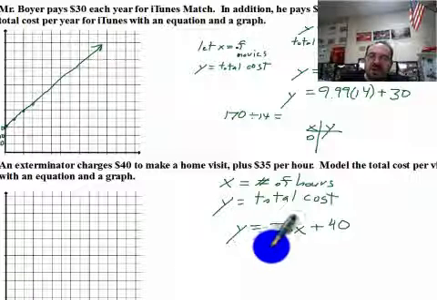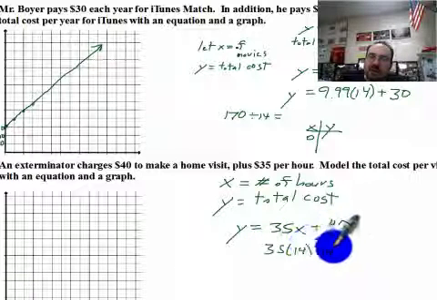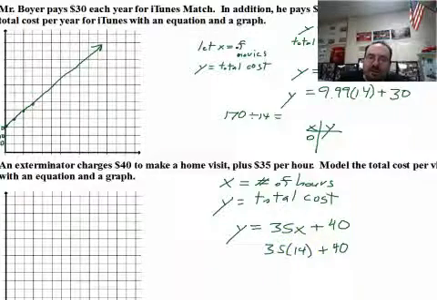Now, I have 14 spaces on the graph. So if I multiply 35 by 14,